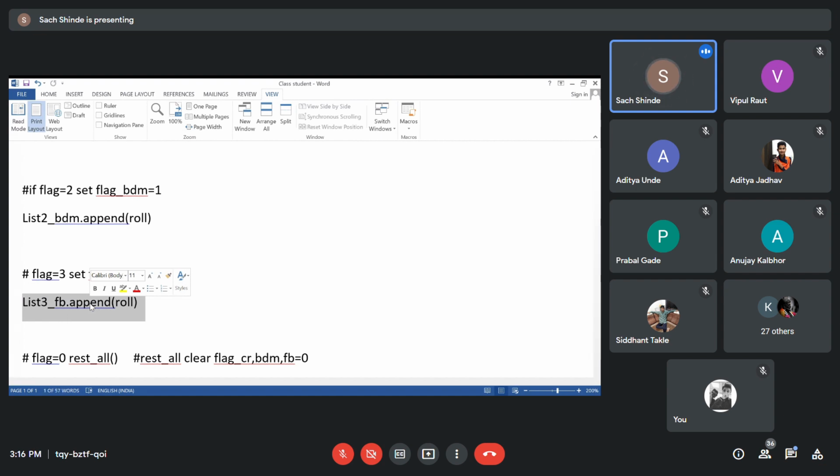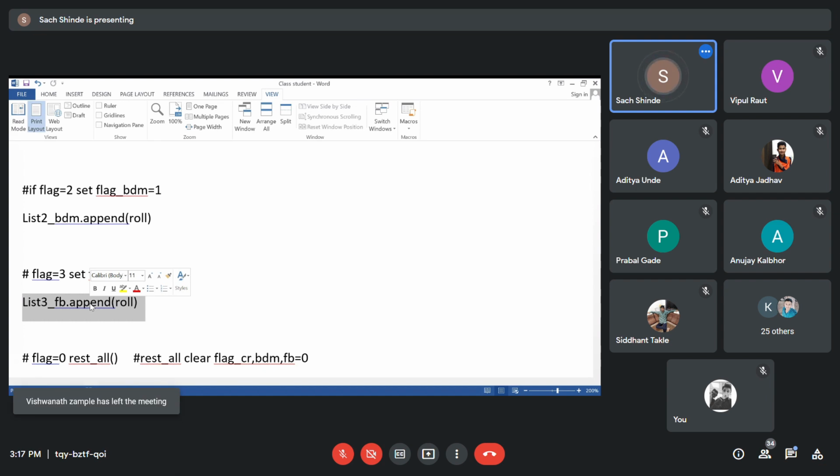So we use the list concept or the array concept to record whether he is a football player, a cricketer, or a badminton player. So there are three lists and each list will have roll numbers of the players. So those roll numbers which are not in the three lists, what does it mean? Yes, participants, if the roll number is not in these three lists, it means he is not playing any sports. Everyone getting this?